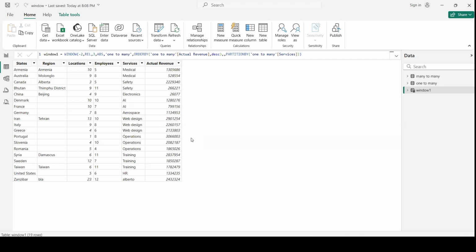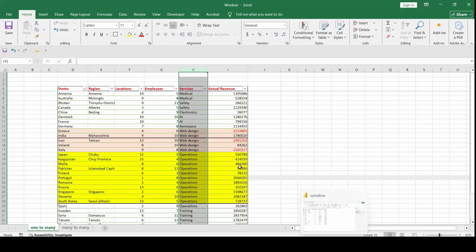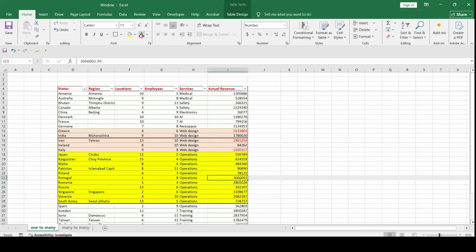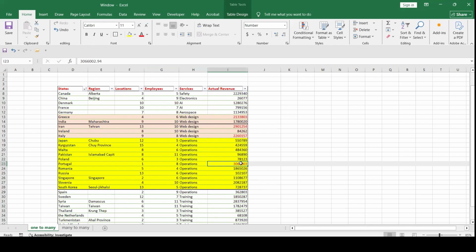Let's just take one randomly. Let's check operations. 3 millions, 2 millions, 1.8. So we have 3 millions, the highest value. Well, what is the second one? It should be 2 millions and then 1.8.